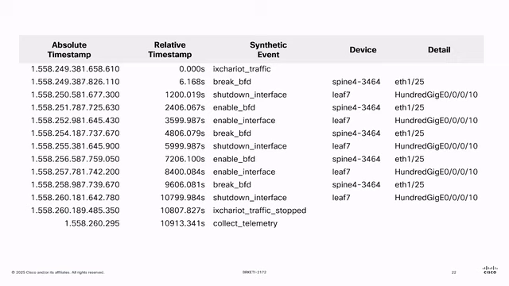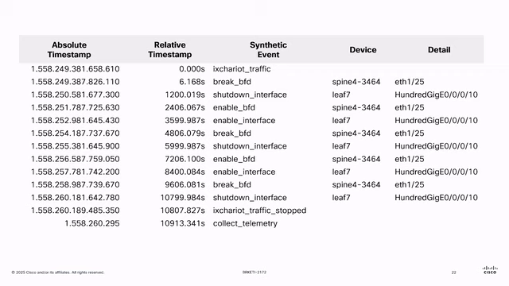So what did I do between these two systems? Up here, I started IX Chariot traffic, so I started the Ixias. Then I broke, quote unquote, my BFD session. I broke BFD by putting in an access list that filtered out BFD traffic, so that the system felt like, yeah, BFD is not working anymore. Then I shut down an interface. I re-enabled BFD. I re-enabled the interface. So I created all these events between the devices spine 4 and leaf 7, as you see on the various interfaces. So at relative second 6, broke BFD; at relative second 1200, shut down the interface, and the like.